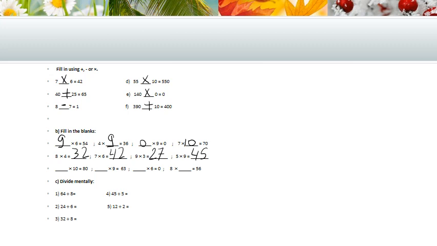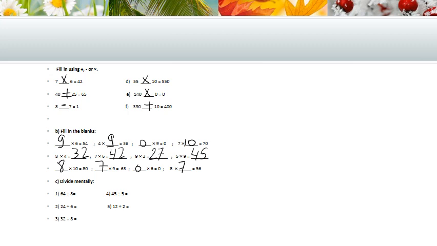Okay, 10 times what give us 80? 10 times 8. 9 times what give us 63? 9 times 7. 6 times what give us 0? It will be 0. 8 times what give us 56? It will be 7. In the divide mentally, you should keep in your mind, if I want to divide 64